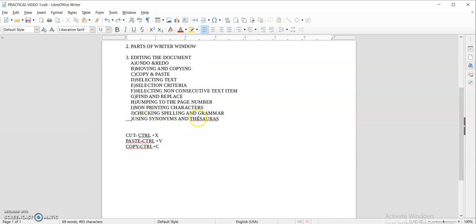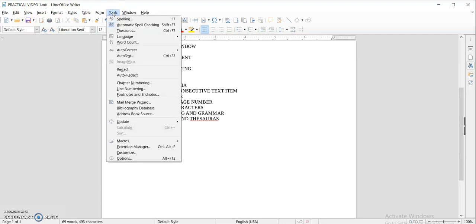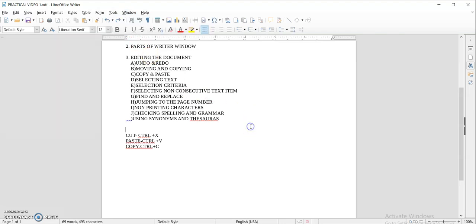Now the next is checking the spelling and grammar mistakes. How you can check the spelling and grammar mistakes? You can go to Tools. Then you can check the spellings. Over here, the shortcut key to check the spellings and grammar is Control plus F7.